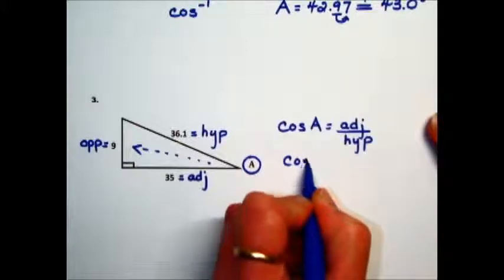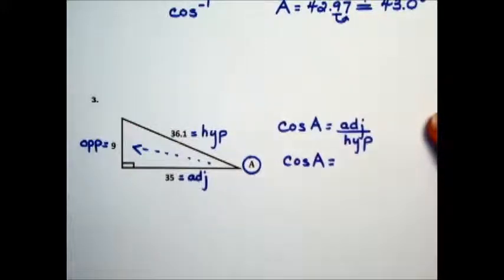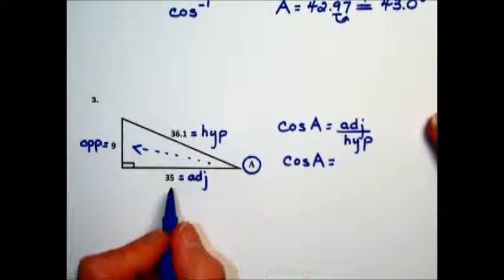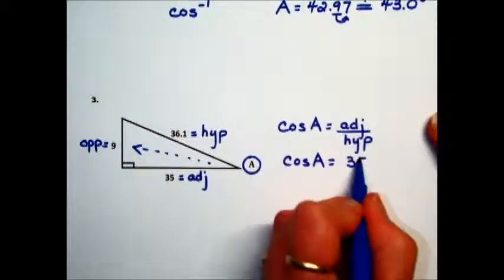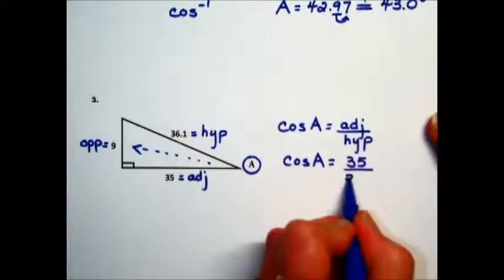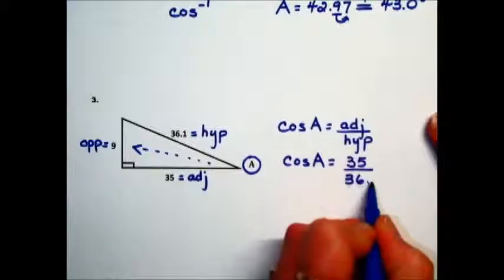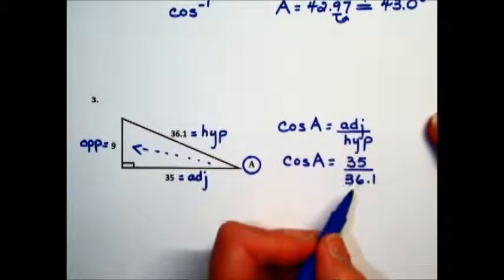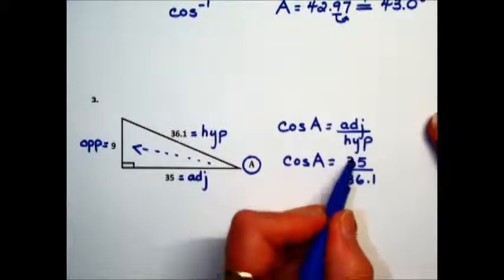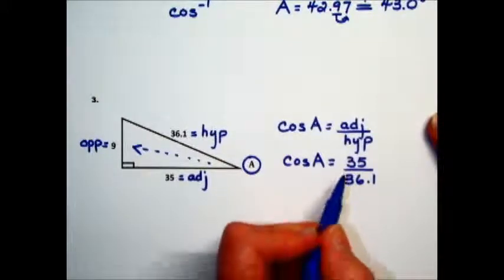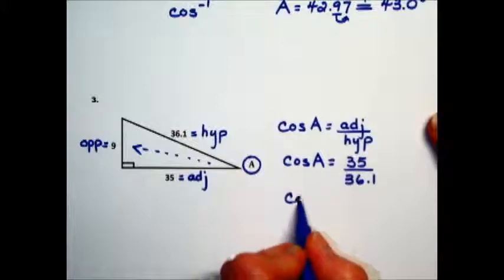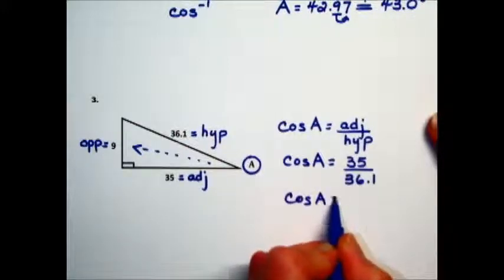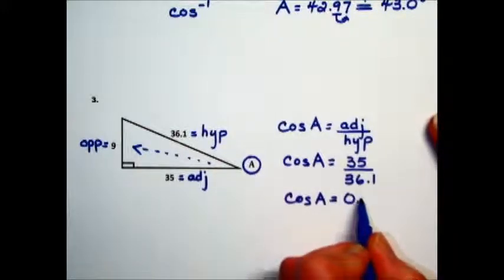we will put those side values that we've identified. The adjacent has a value of 35. The hypotenuse has a value, or length, of 36.1. Replacing this fraction by dividing numerator by the denominator, 35 divided by 36.1 gives us a value of